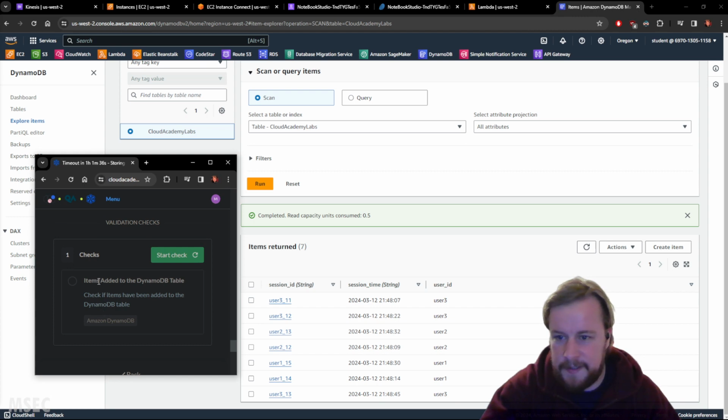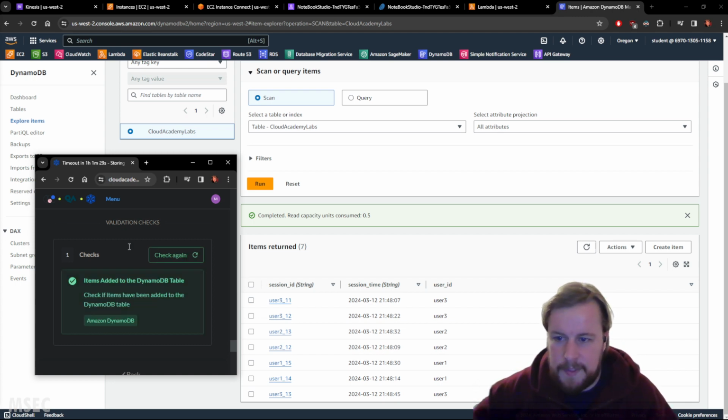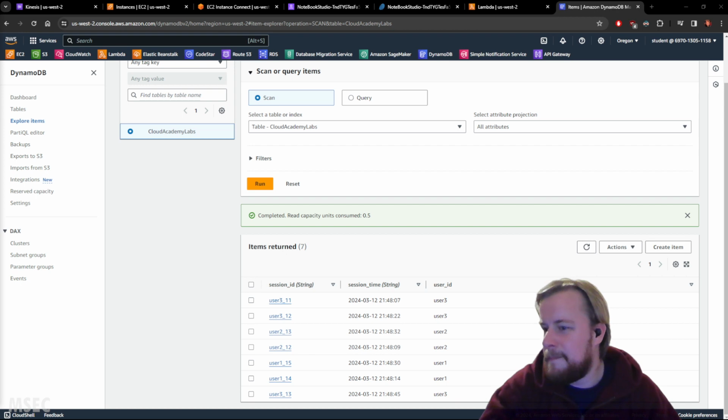So yeah, another validation. Check that the items are added to the table. They obviously were, because we can see them anyway. And that is apparently it. That's the lab done. So I can actually close that down. Usually it makes me delete all the artifacts that it's built, but obviously it's not doing that this time. So I'm going to let them shut all that down. Right, so it's